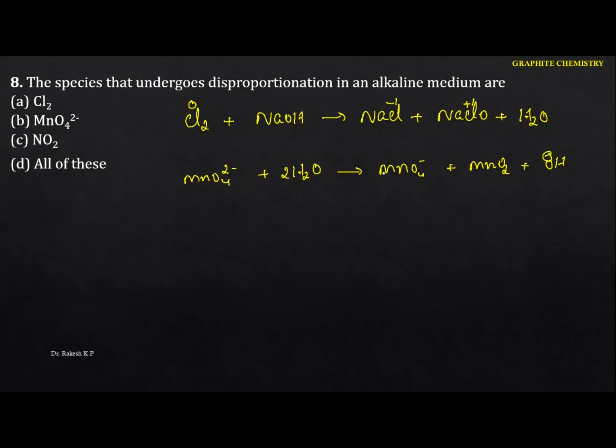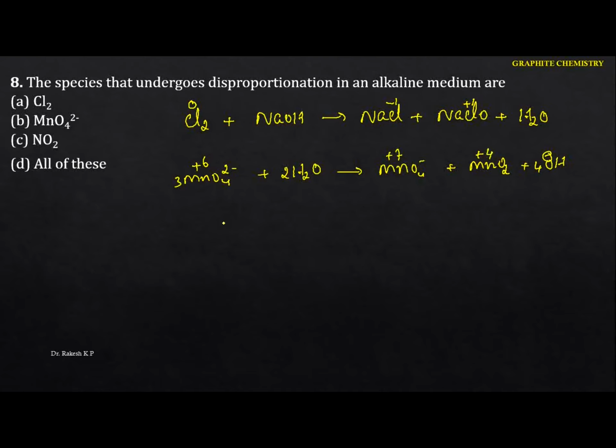Okay, so let me balance this one. This will be the 3, and here also we are going to have this 4. And here this will be the 2. Just identify, this will be 6 plus 2. So now you just go to identify this one here. What you can identify, this will be the plus 6, and here we are going to get the plus 7, and here we are going to get the plus 4.